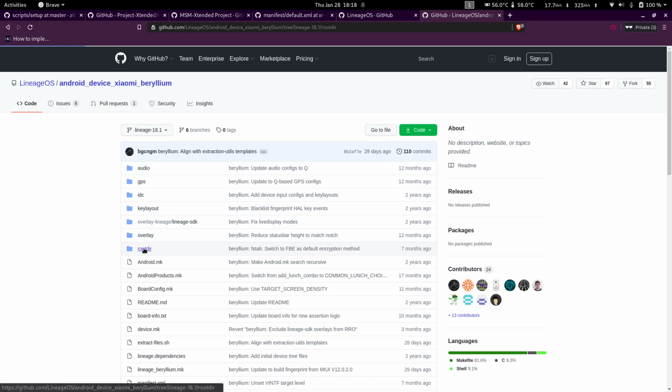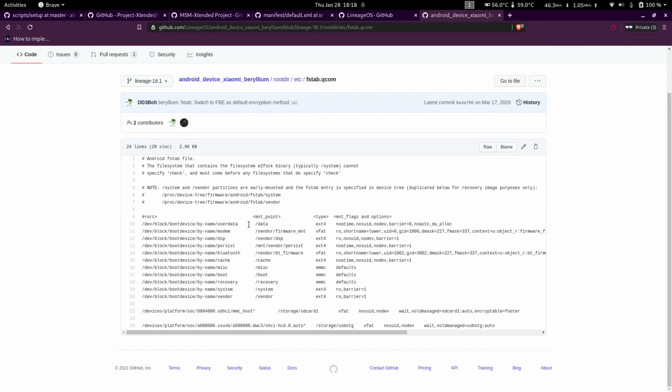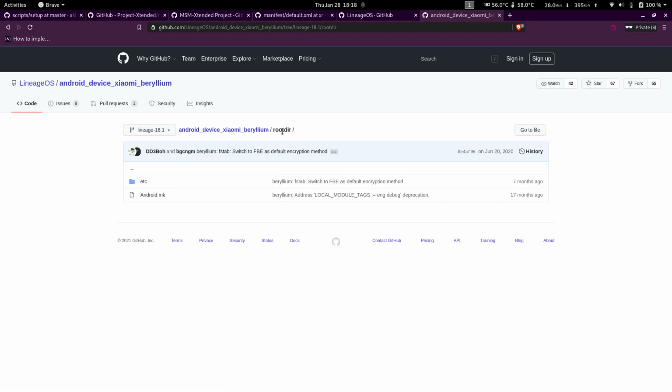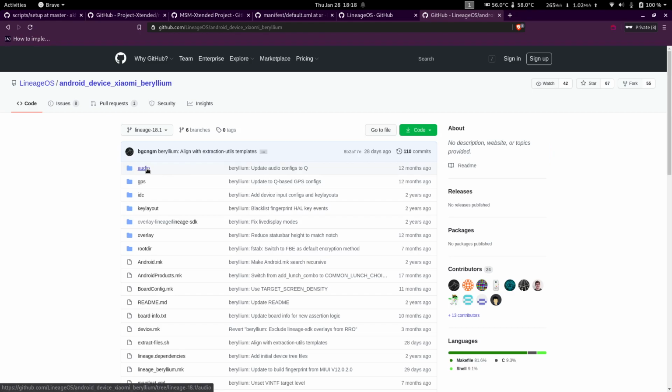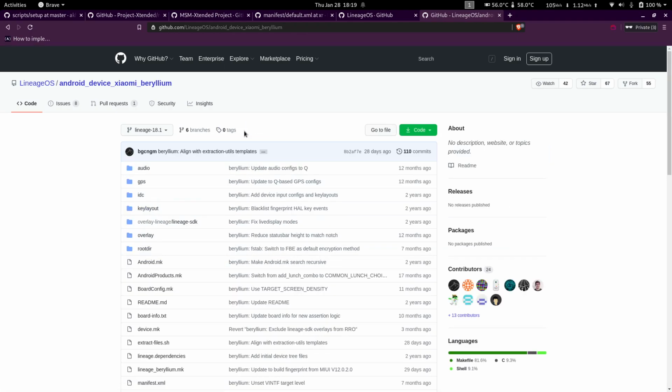As you can see, it contains stuff about how the partitions are formatted, which partition is mounted where. If you install Linux, you would have mounted one partition as your home partition, one as root partition, one as boot partition. So the device trees contain all the device specific stuff. They also might contain how you want to have a sound curve, how you want the speakers to sound. All that stuff can be customized and changed in the device trees.